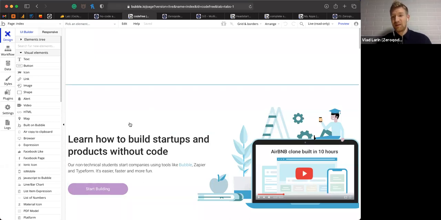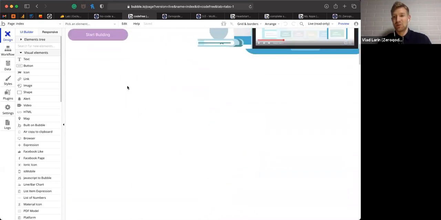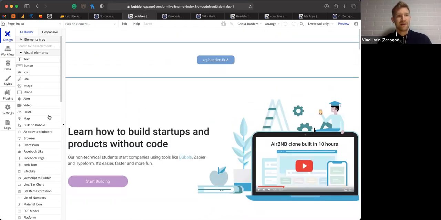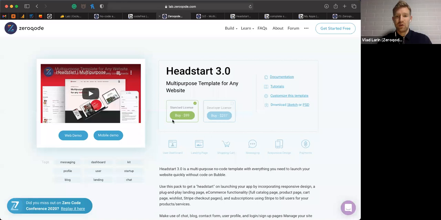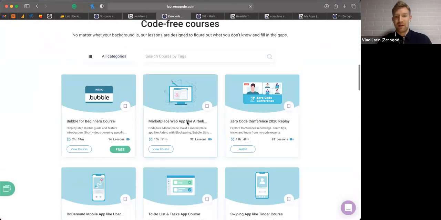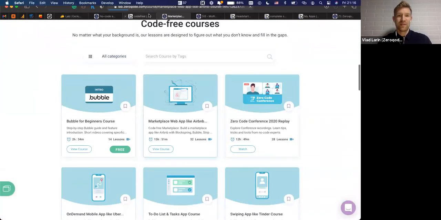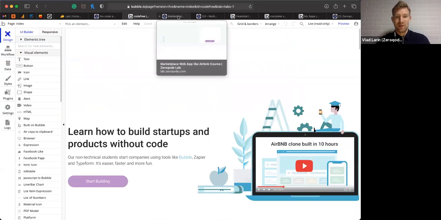So this is how the landing page of a Bubble application, of a no-code application that we're teaching you guys to build, looks from the inside, from the editor. This is your playground, and this is where all the courses are going to be showing you how to get yourself around. So just to give you an example,